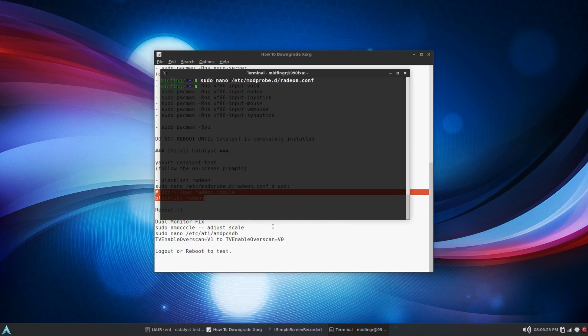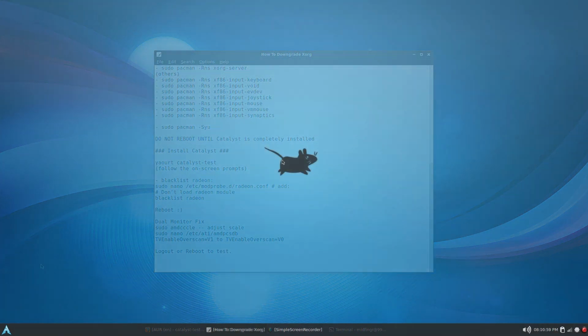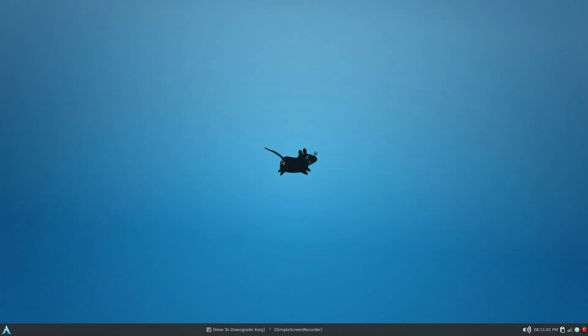Okay, and a reboot. So after a reboot, there's the dual monitor fix, and there's something else I want to mention. So I'll be back after. Hopefully I'll be back after a quick reboot. Okay, so I'm back after a reboot, and if you notice, my desktop wallpaper's changed. It does that every time I install Catalyst, so it's easy enough just to put it back to what it was. However, my other screen, if you have another screen,